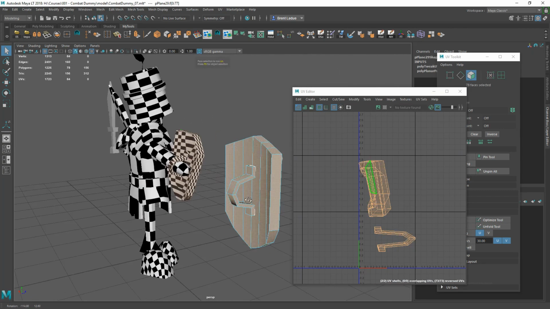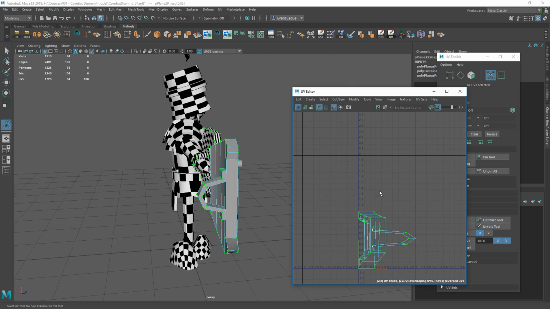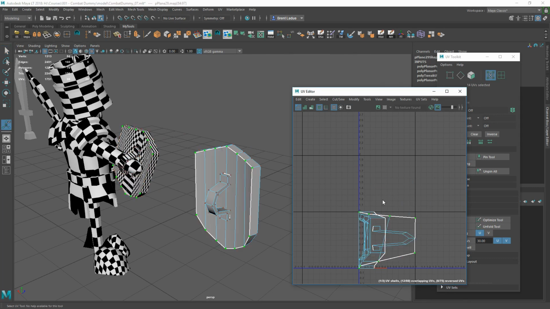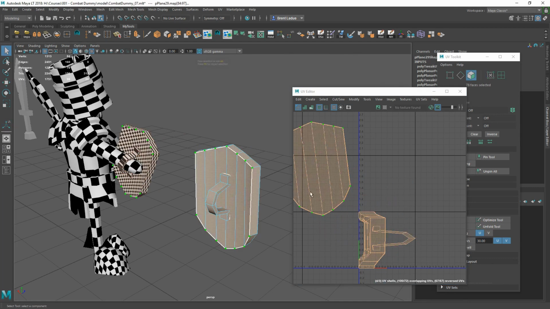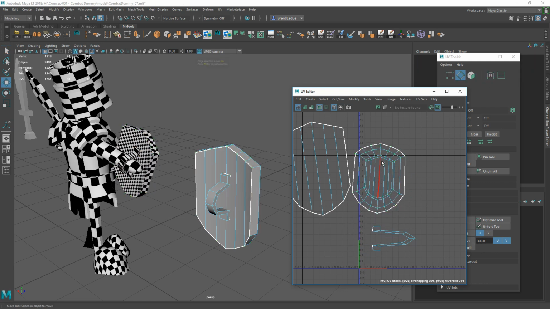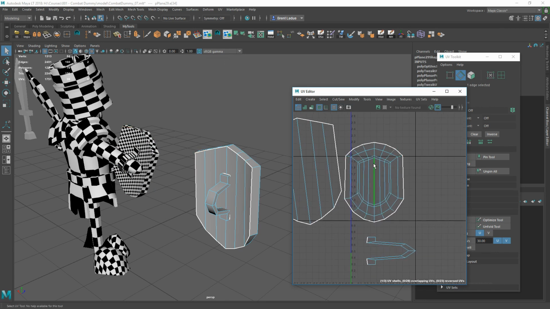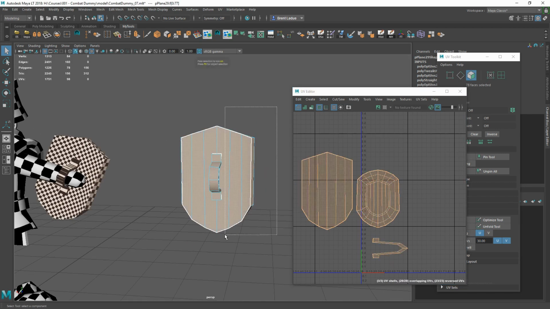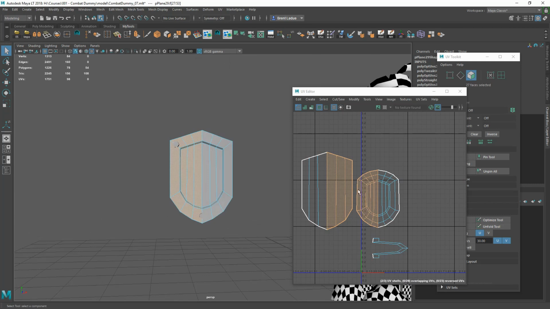I'll grab the whole thing, and I'll unwrap that and then I'll delete half. And I'll show you why. Because now, all that time I spent straightening out the other part of his body, it's already straight. And so now I can just grab half and they're already going to be aligned without me having to do